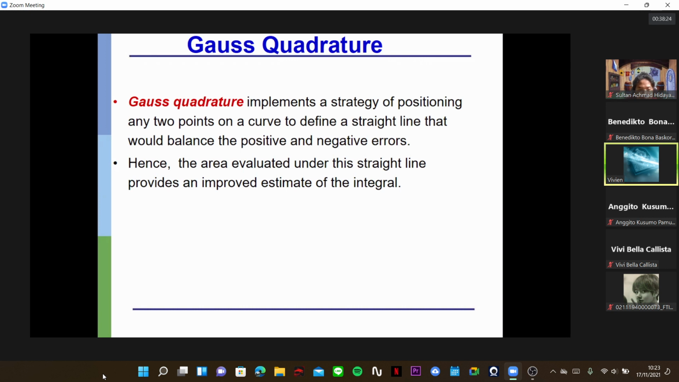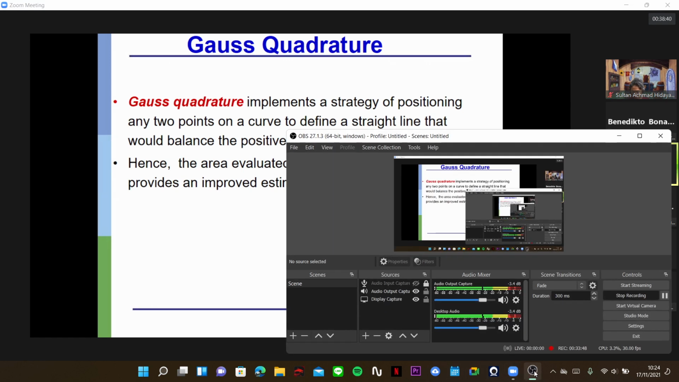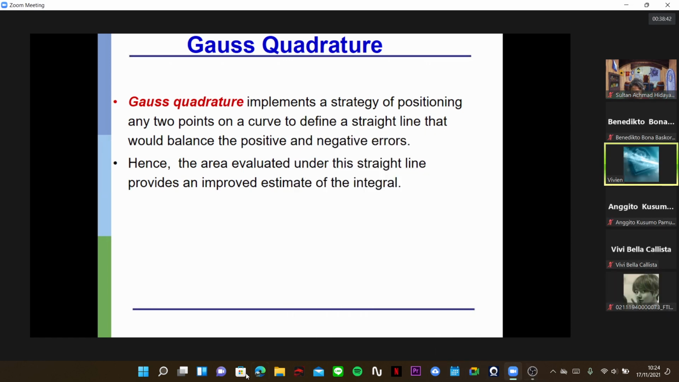we can continue a bit on Gauss quadrature. Gauss quadrature is another method in which we adjust the position of the line. So the points that are used to create the line are now adjusted. Here we have a strategy of positioning any 2 points